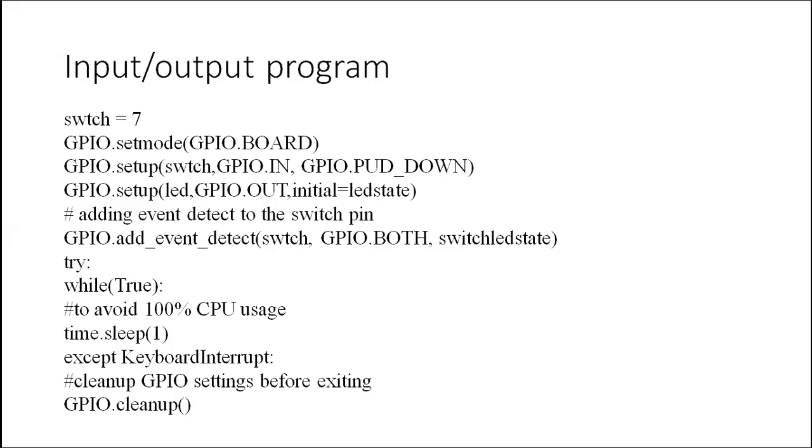So we have seen GPIO, how to configure an input port, how to configure an output port, what packages are needed for your GPIO programming. We have to install those packages, and we have seen the program flow. After doing everything, you have to call the cleanup. Before exiting the program, you have to call a cleanup function, so that the resources used by the program will be cleared. So this is the input output program.